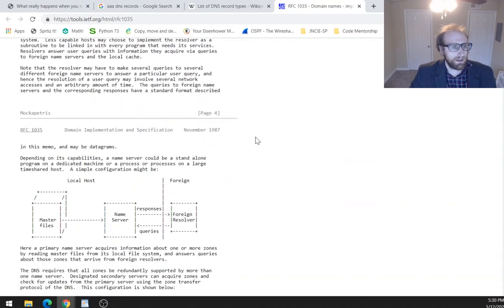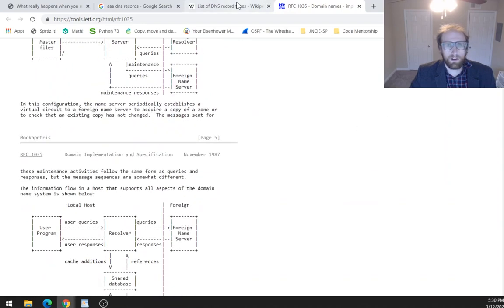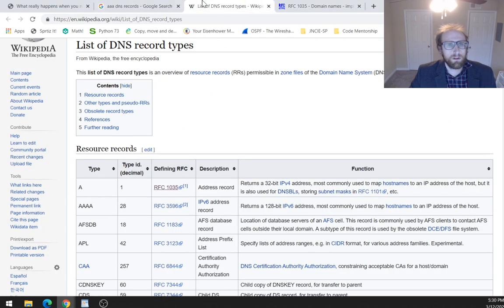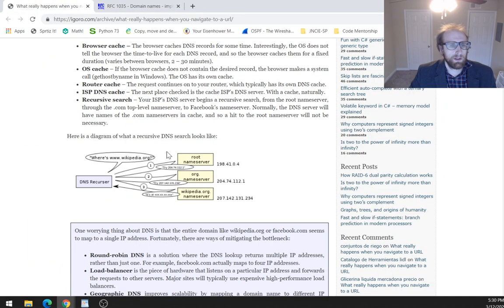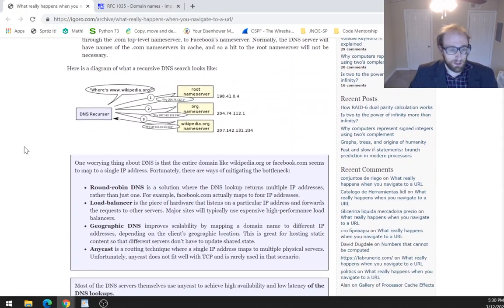Yeah, but let's try to get through this whole article before going too deep into any